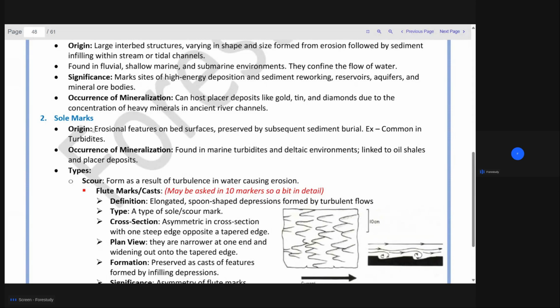So these are actually erosional features, the scouring features on the bed surfaces, found in marine turbidites and deltaic environments linked to oil shales and placer deposits. So what happened is that, for example,